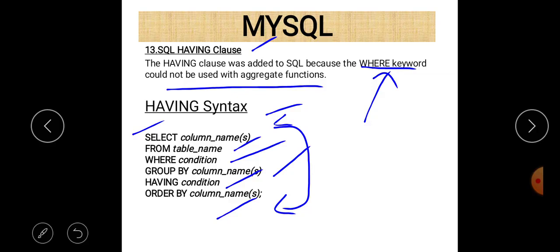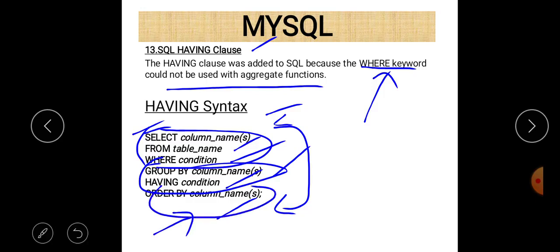First of all, the select statement, then after that from, where. Now this is a simple select command, but if you want to form a group, then the group by should be after that. And if there is a condition related to that group, that is just immediately after the group by statement. And if you want to manage the data in ascending and descending order, then order by, just use it after that.